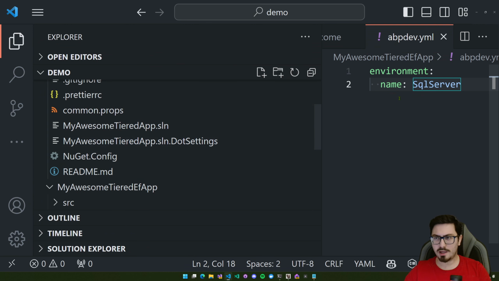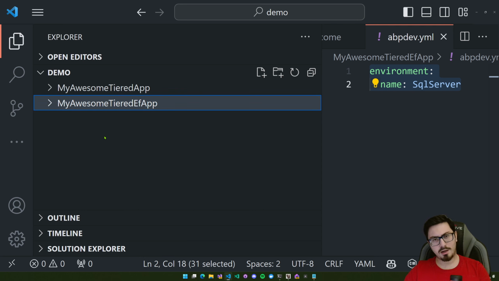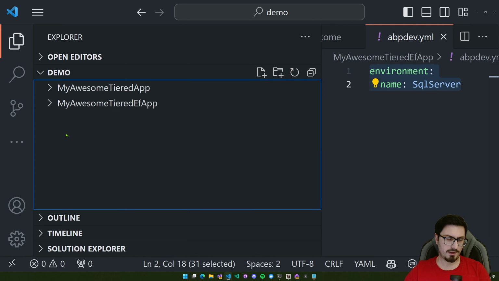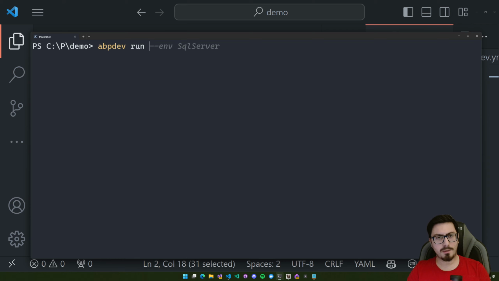Okay, I have created a YAML file and configured my environment. So let's pick which applications will be run when I call AbpDev run, because you can see it asks me which applications I want to run, but I don't have to choose always, and I can pass projects here, the dash p parameter, and I can pass web projects. It will automatically run web projects, but I don't want to pass each parameter, and I want to configure them